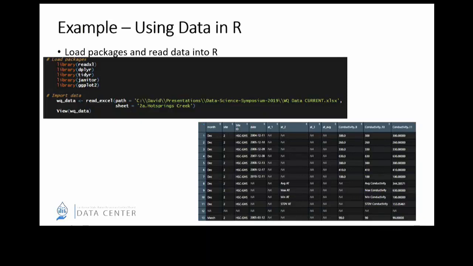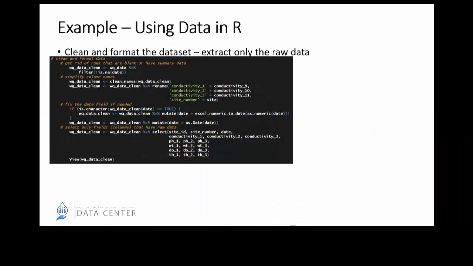There's some blank cells, there's some summary data that's embedded in there. So really now what I'd want to do is just pull out the raw data. So there's a bit of code here. I'm not going to go through all of it, but this is the code that would help me to extract the raw data from that sheet. And I just wanted to point out there's a few things in here, especially if you're using that tidyverse set of packages that I mentioned, that make your code at least somewhat readable, even if you're not that familiar with R. So you can see there's these verbs that are used as the functions.